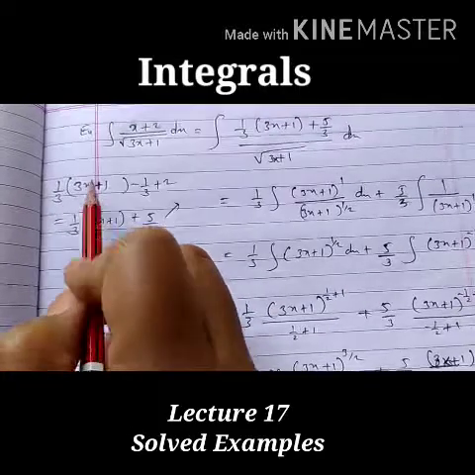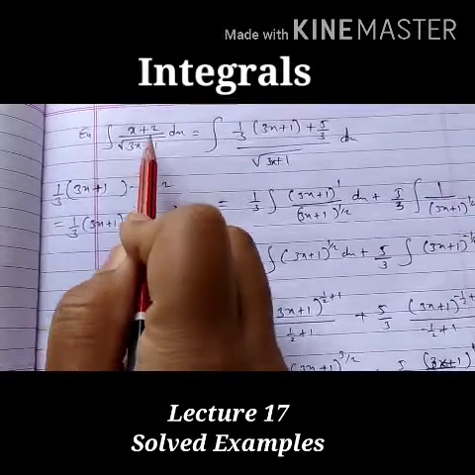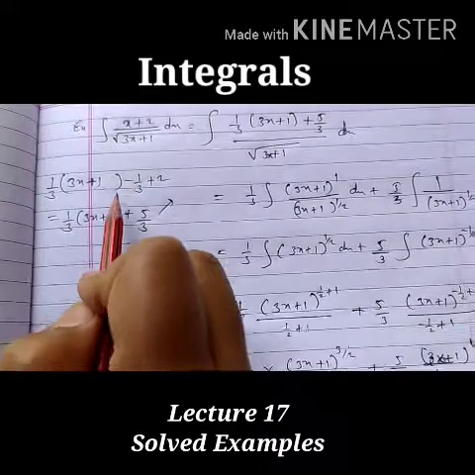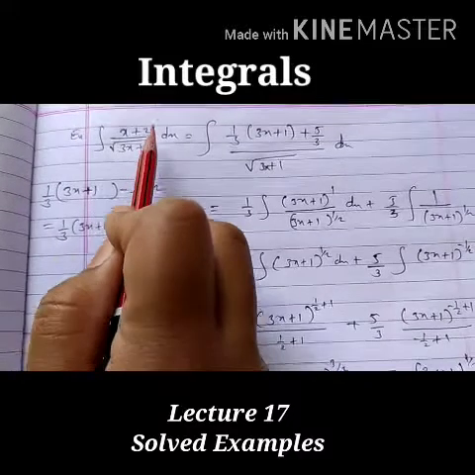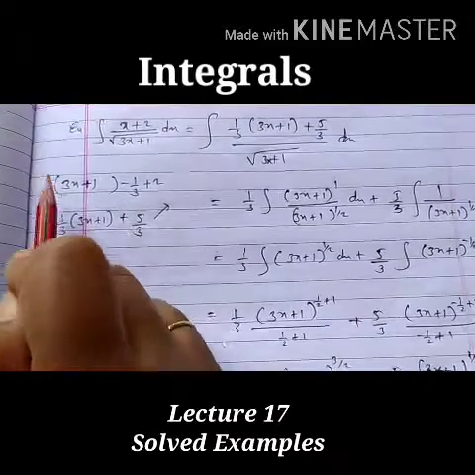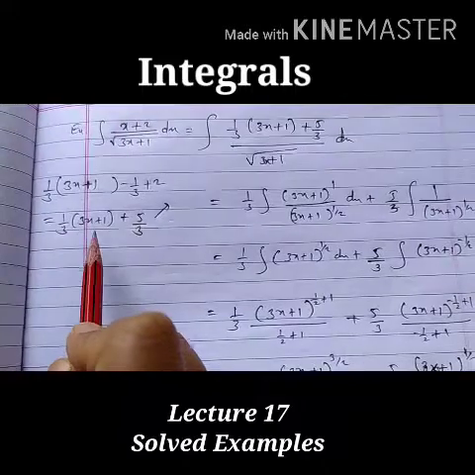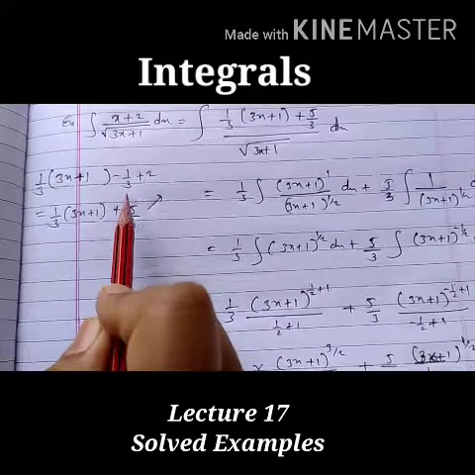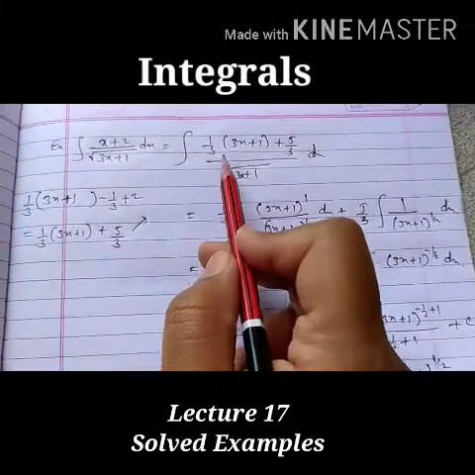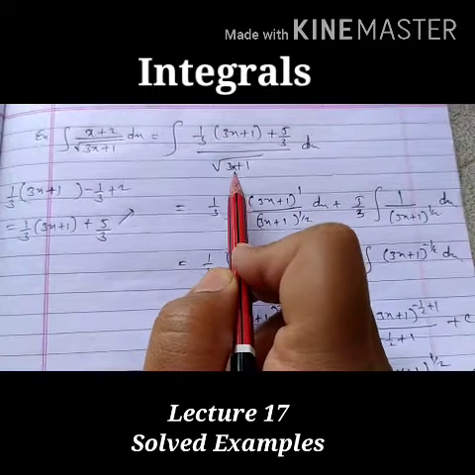If plus 1 is multiplied with 1 by 3, it will be plus 1 by 3, and we are not having plus 1 by 3 here, so we'll subtract it, so it will be minus 1 by 3. Now it will be balanced, and in our original function in the numerator plus 2 was there, so we have written plus 2. Now when we simplify this step, it gives x plus 2 only. Understood? Now 1 by 3 in bracket 3x plus 1. Now we have calculated minus 1 by 3 plus 2, it is 5 by 3. Now we'll put this value in this step, so it will be 1 upon 3 in bracket (3x plus 1) plus 5 by 3 upon square root of 3x plus 1.